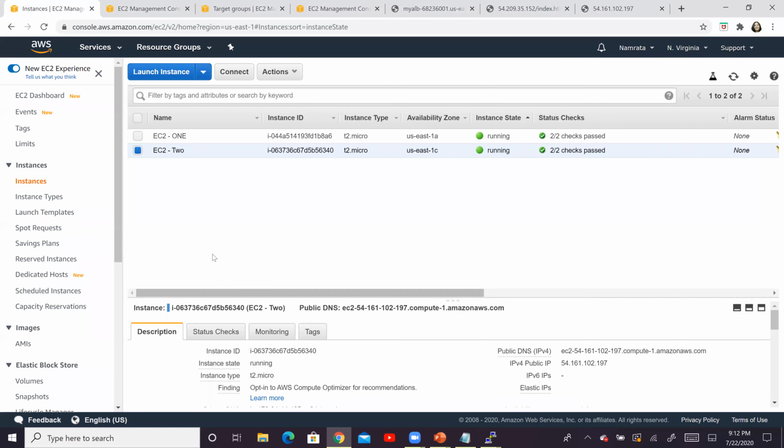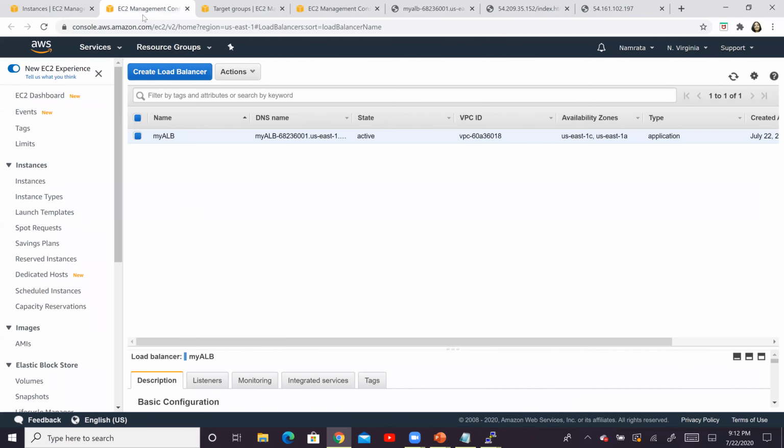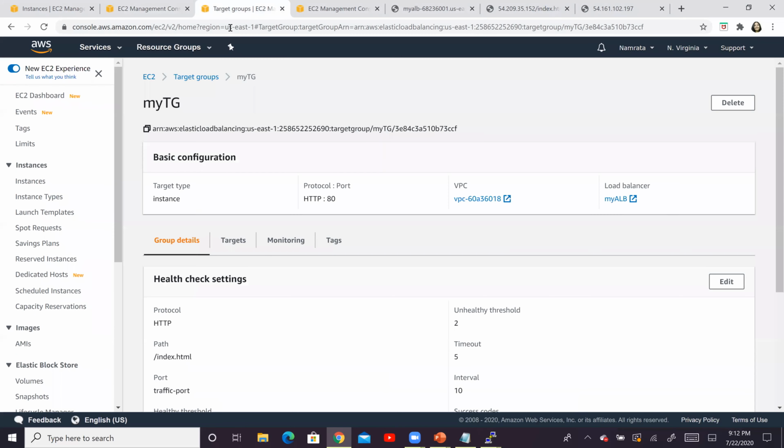Along with our two EC2 instances, what we have is an application load balancer and a target group. So this is our application load balancer. This is the DNS of our application load balancer, and it has a target group associated to it. So this is my target group.